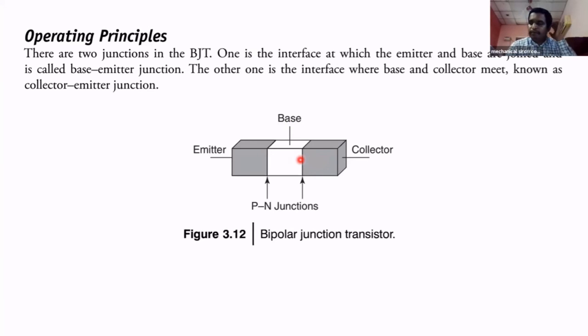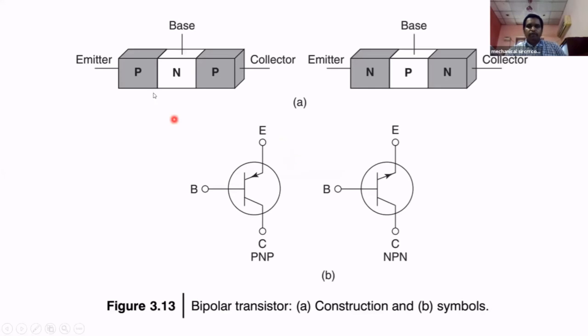Most of us think that attaching two PN junctions gives us a transistor, but practically that is different, because the three parts, base, emitter, and collector, are slightly different in properties. Now I will explain how those are different. Here we have two junctions: the emitter base junction and the base collector junction. We have two configurations: PNP configuration and NPN configuration.